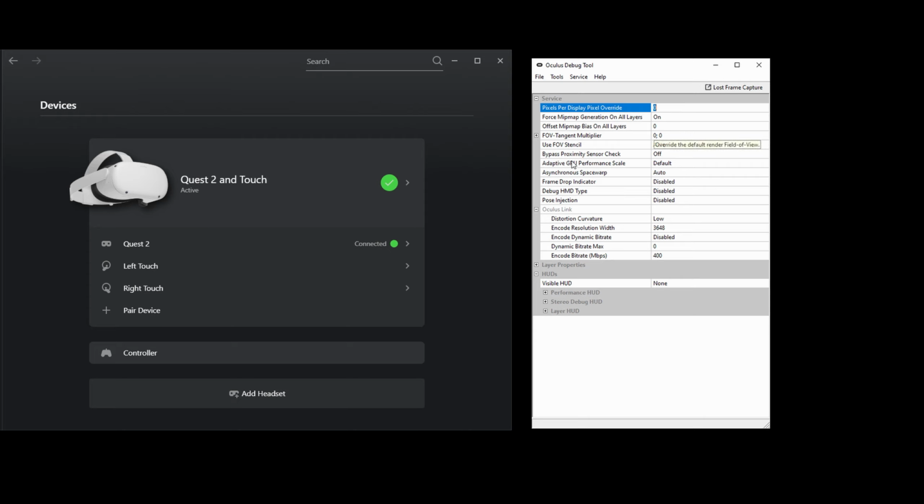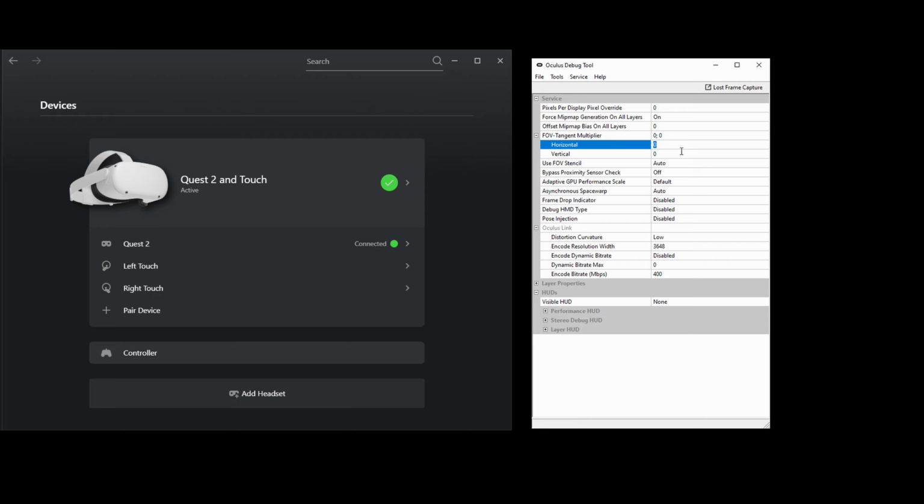So the next thing I'd like to talk about now is the FOV tangent multiplier. And this is really handy if you want to squeeze the maximum performance out of your gaming PC. What this allows you to do is set the amount of field of view that you want to see in the headset. Now, with the Quest 2, I can find that if I squeeze the headset so it's really tight on my face, I can just about see the edges of the panel. But at a comfortable setting, I can't actually see the edges of the panel, in which case I can reduce this setting so not so much of the game is rendered on the panel, and that therefore means the GPU doesn't have to work as hard to render the game to your device, and therefore can mean a smoother or